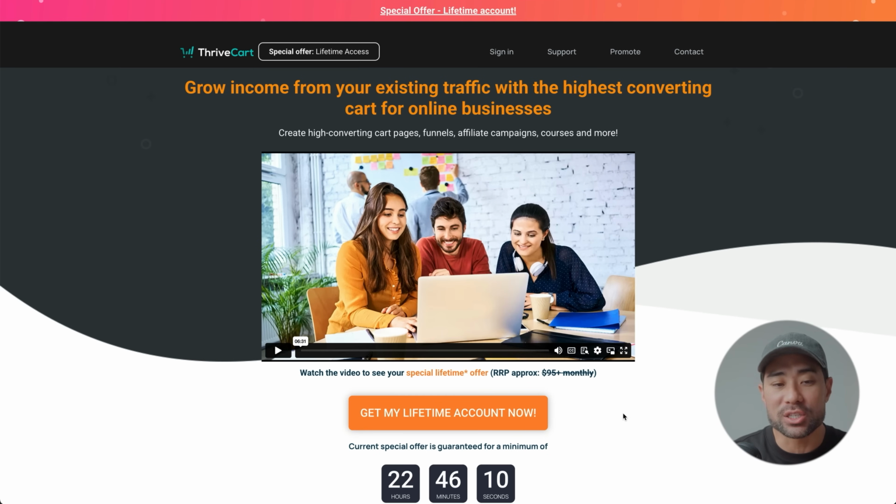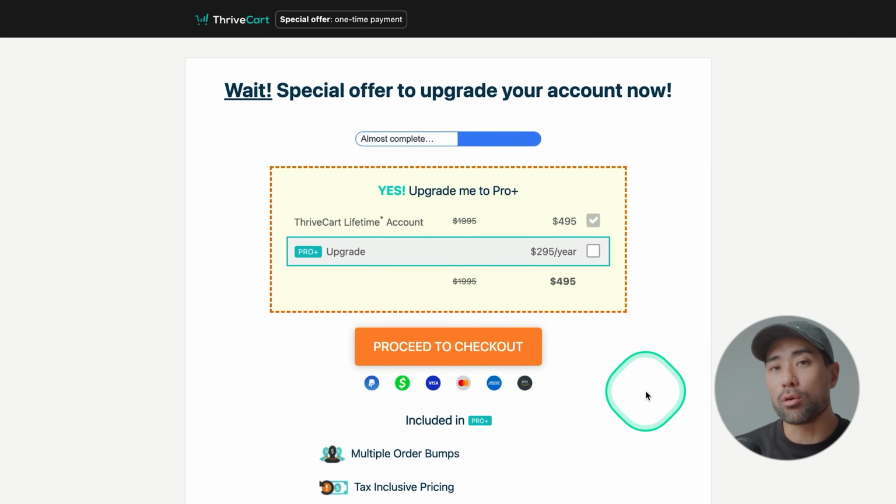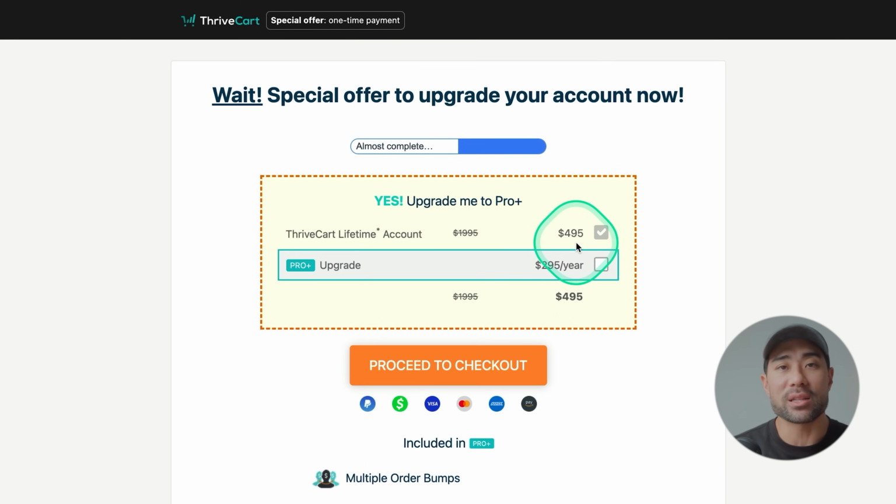The reason why is because they offered a lifetime deal where you need to just pay once and then that's it. There's no monthly retainers, no recurring fees. And that's one thing I really love, as opposed to some other tools where they're charging, let's say, $97 per month. Over time, that really does add up. And if you're like me, who has a ton of subscriptions with many services, I do not want another subscription if I can avoid it. But with ThriveCart, all you really need to pay is that $4.95 fee, and you can use it for the life of it, including future updates too.